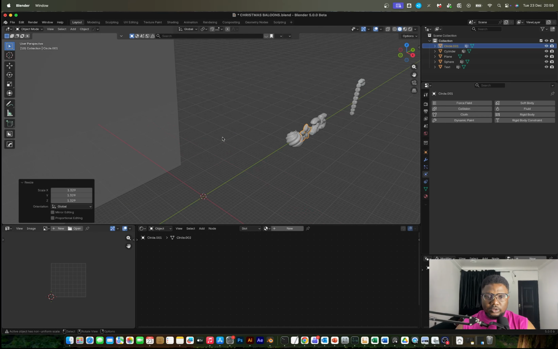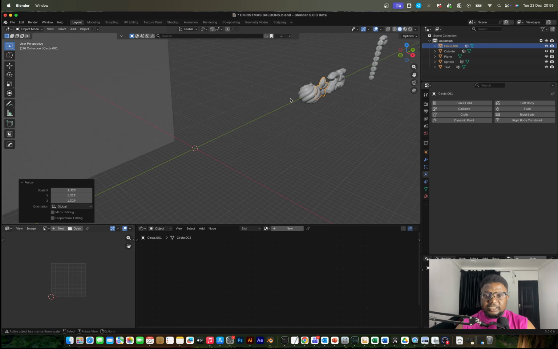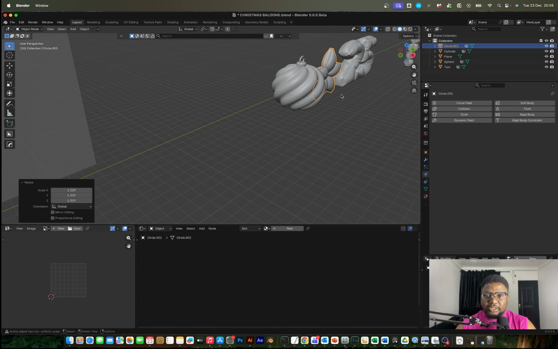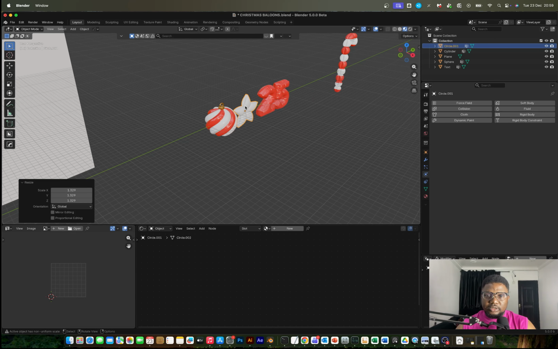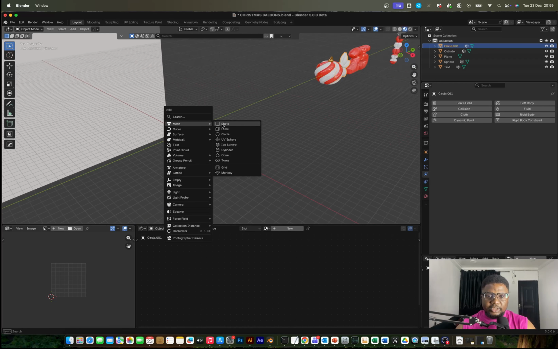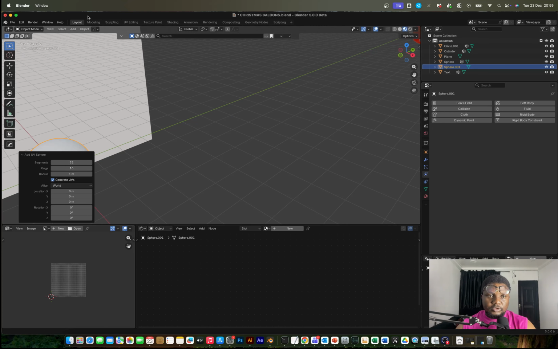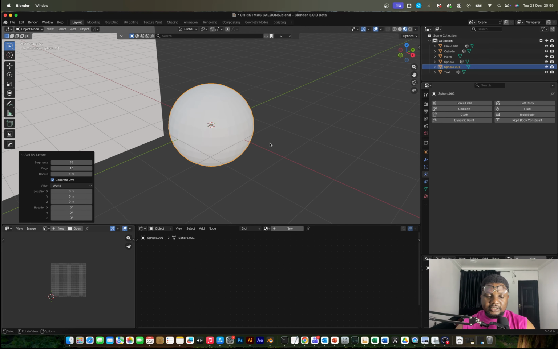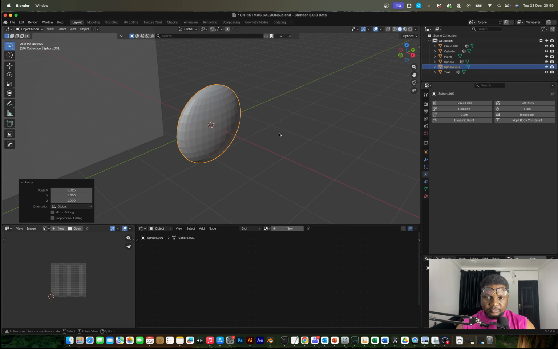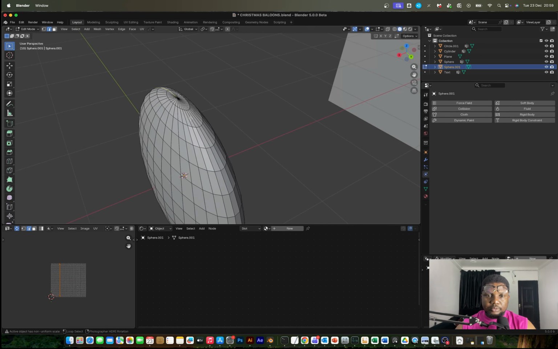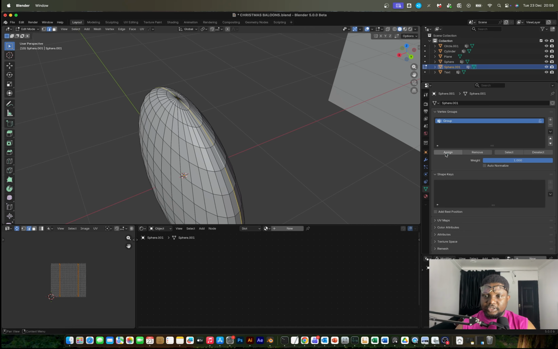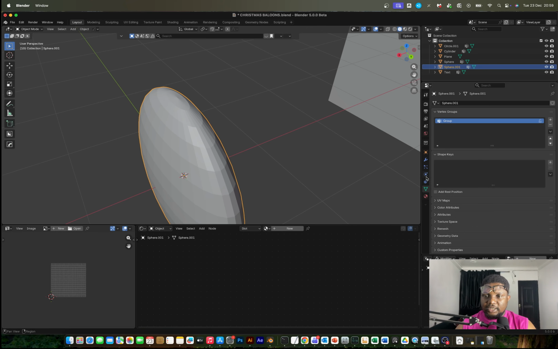Next we're going to work on a similar balloon like this, but it's going to be a little bit simpler. So I'm going to bring in a UV sphere, just like so. I'm going to frame to selected, and I'm going to SX. And what I want to do is select this loop right here. This is going to be our pin loop, just like so. So I'm going to add this to the vertex group, assign,